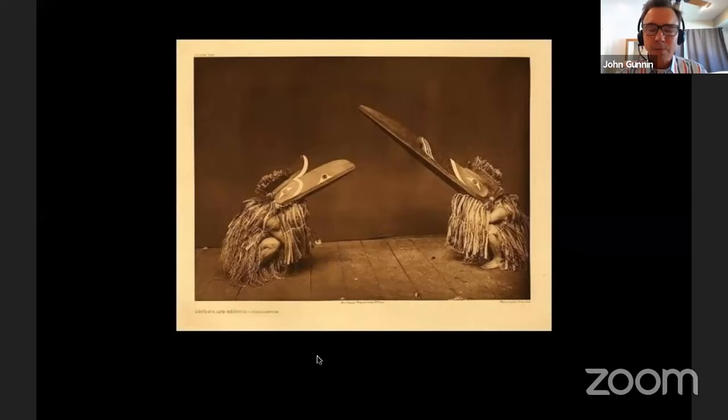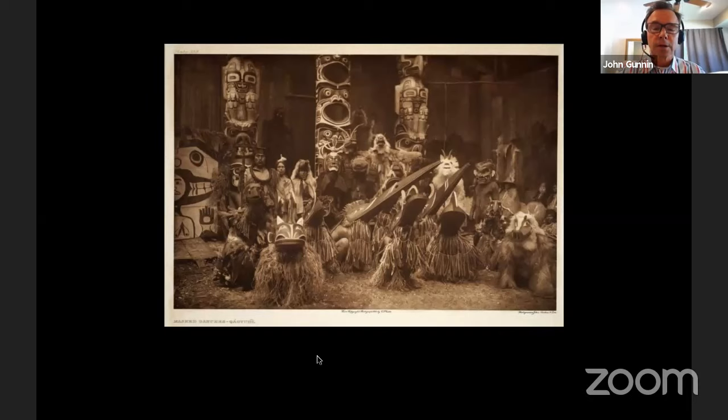So here's a very nice contextual photo that shows the man wearing the mask. And we don't know how big these masks are until we see this photo, and they can be really incredibly huge. It seems like it would weigh you down. Here's some other contextual photos as well.